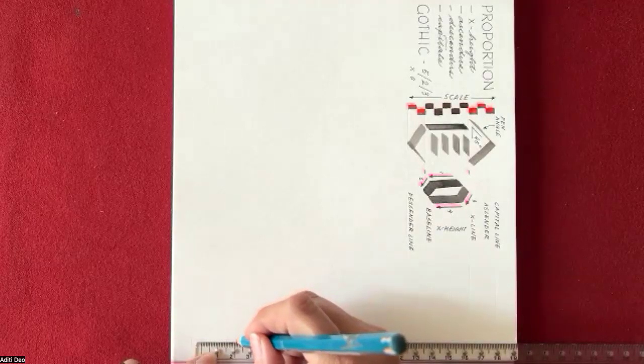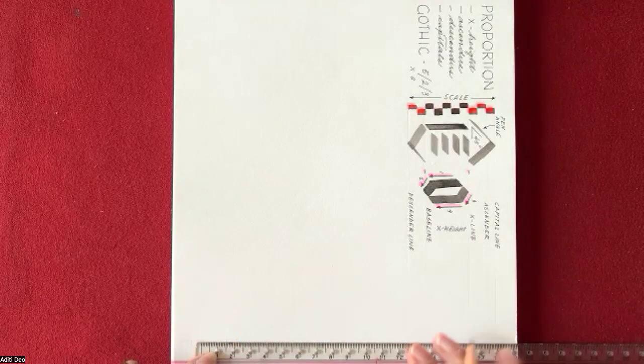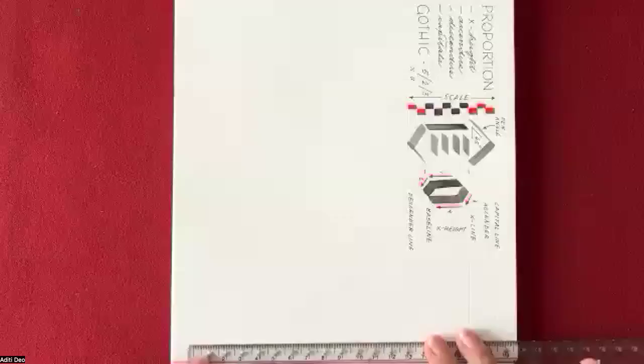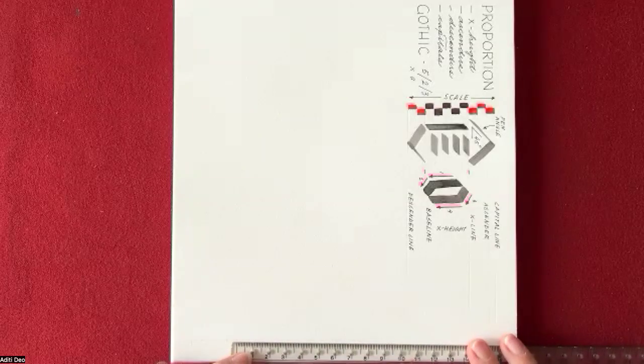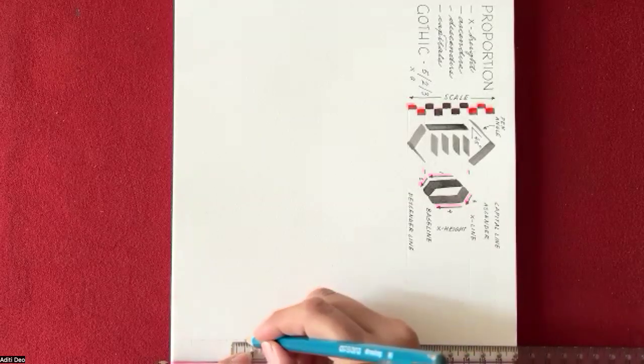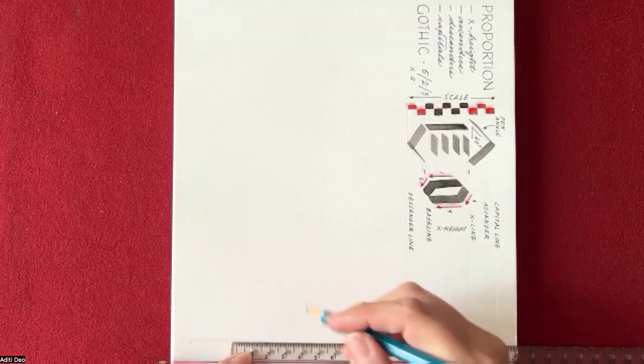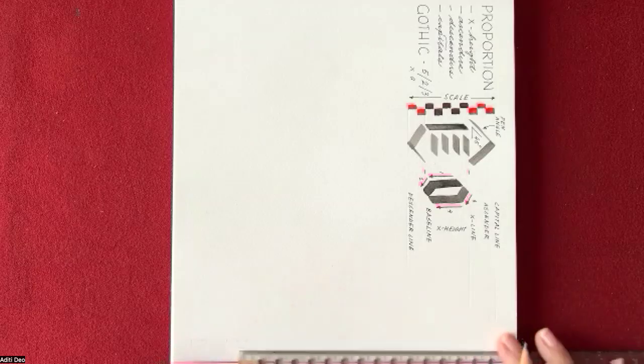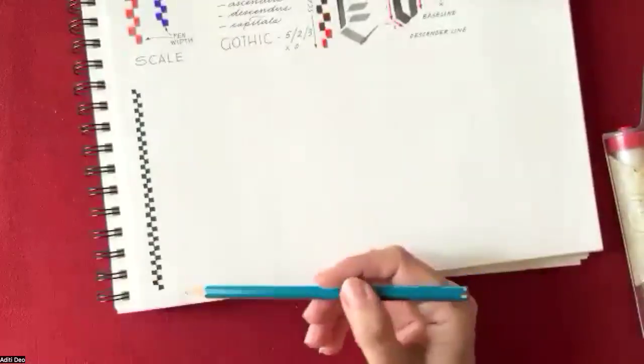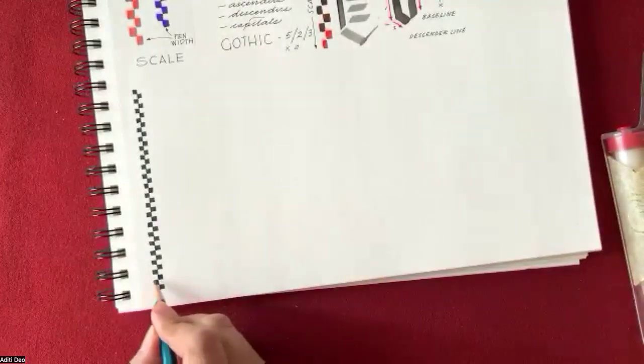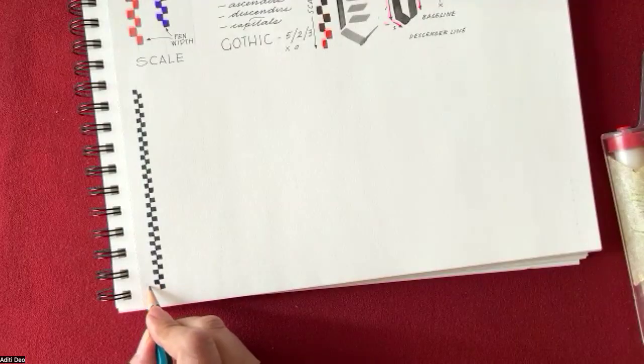Sorry, what am I saying? 2, 5, 2, and then again 2. That's 2 pen widths, 5 pen widths, and 2 pen widths. Okay. So what I want you to do from the bottom is mark a line at 2 pen widths,